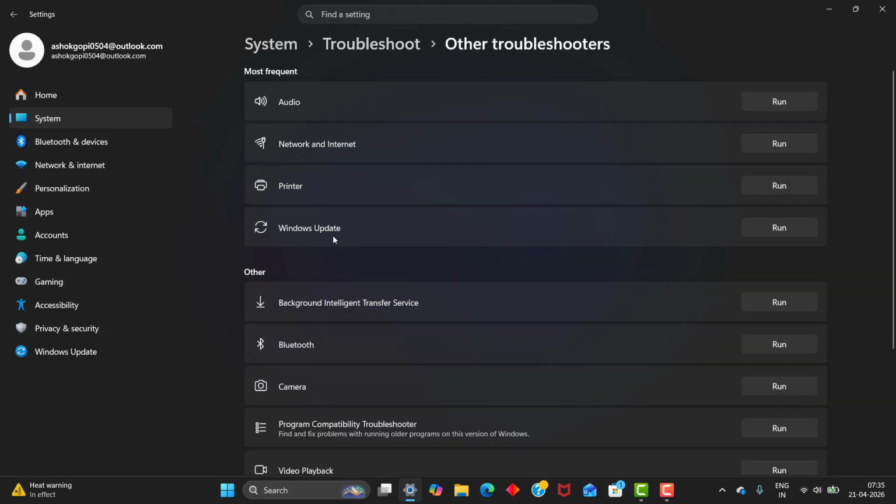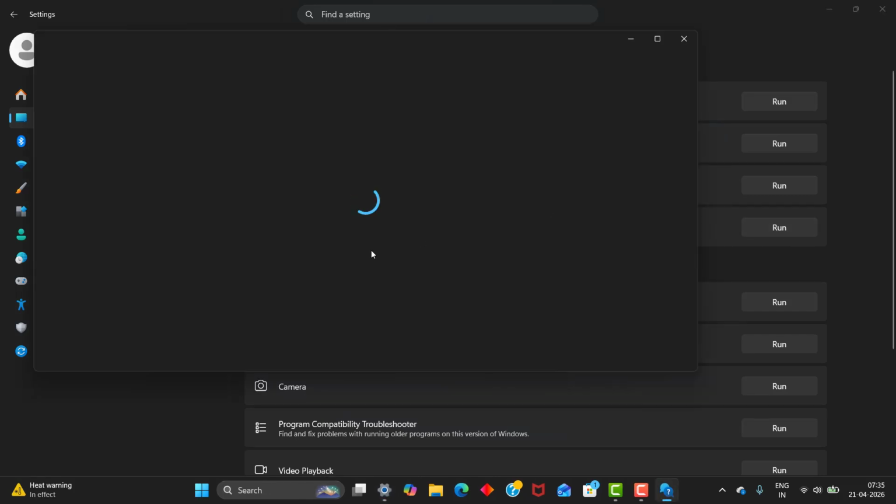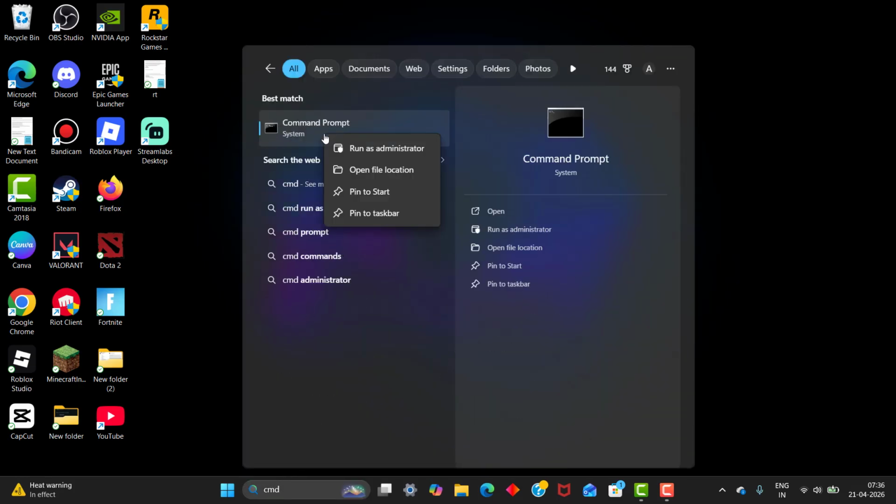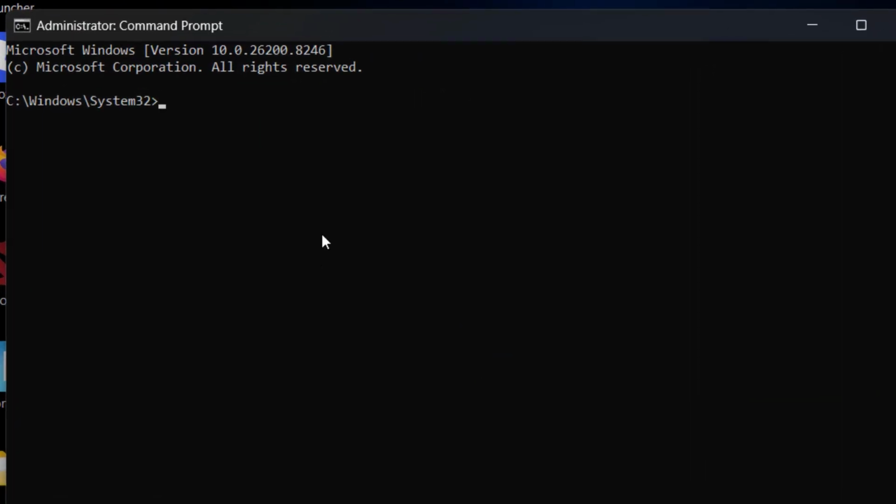In this you can see the Windows Update tab. On the right side, there is a Run button. Click Run and it will automatically troubleshoot and ask some questions. You need to tell it what the issues are. Then the next method: go to CMD, run as administrator, and type the following words: